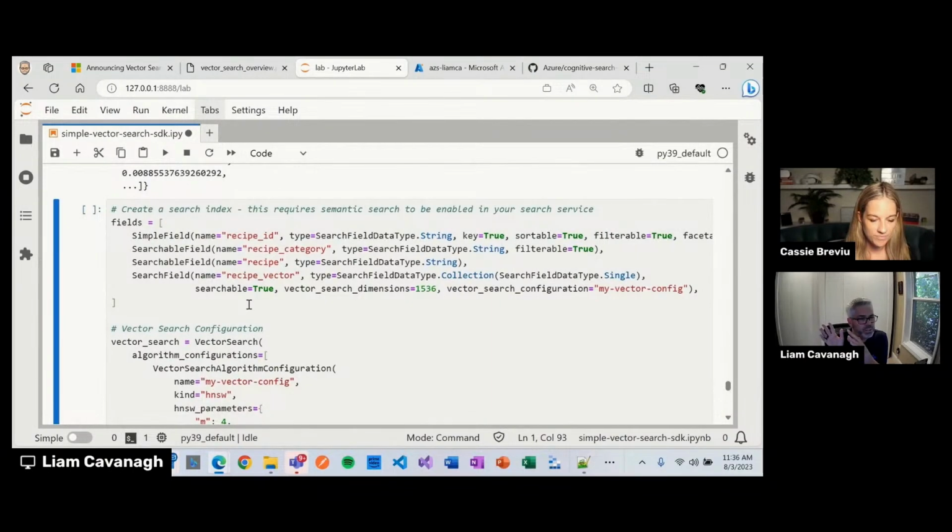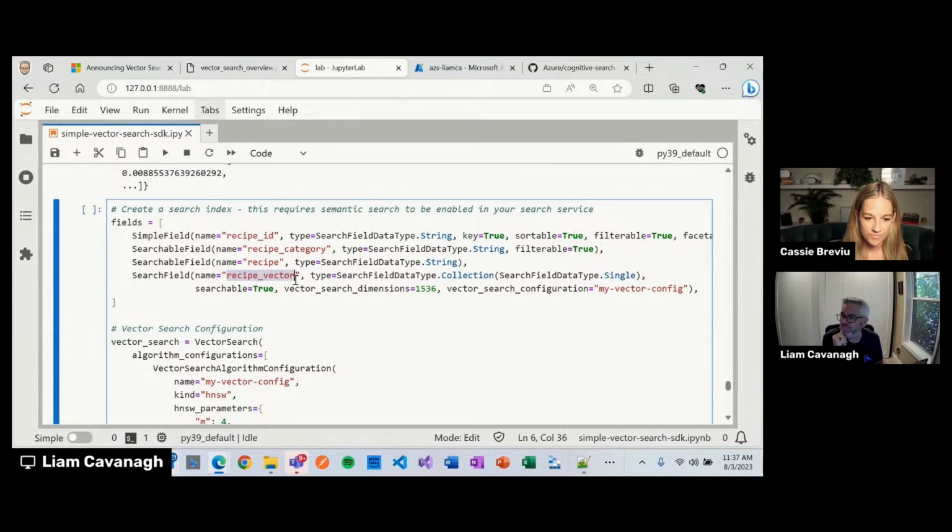And I want to show you how this works. In Azure Cognitive Search, we have something called a search index. An index is almost like a table in a database where you have different fields or columns that you can store the data, and those fields have different capabilities. For example, I have a unique identifier for my recipe. Remember, I was talking about the category, which I can then filter or group if I want to. I have the actual text of the recipe.